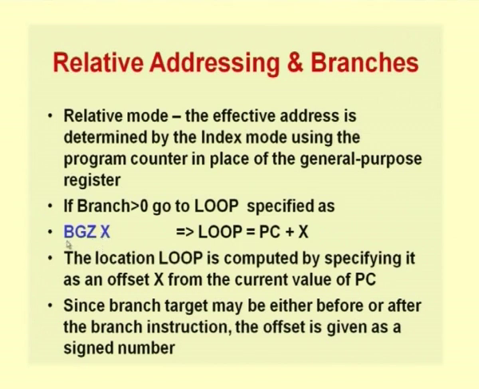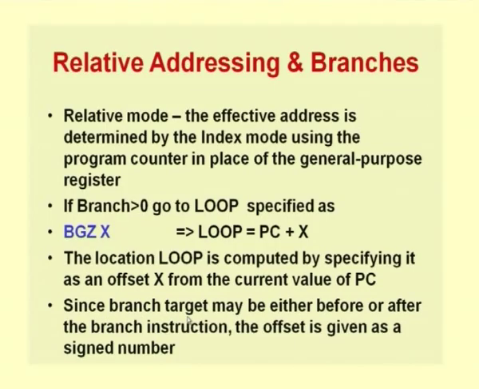What is the meaning of this? Now, assuming I have an instruction BGZ, which means branch greater than 0, I am specifying the displacement x from the PC, which will take me to this location loop. So, this loop value will actually be calculated as the current value of PC plus x. Okay. So, this value is what would be coded in this instruction. Since this is a relative addressing mode, this value x will be added to PC to arrive at the next address that we need to go to, and this is where the next instruction would be fetched from. So, this is how relative addressing normally gets used.